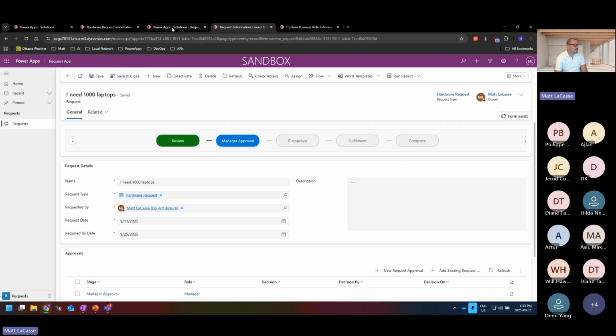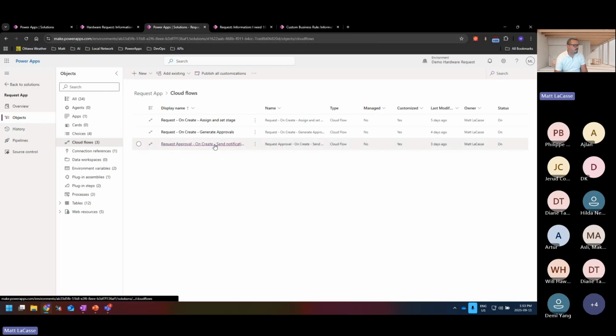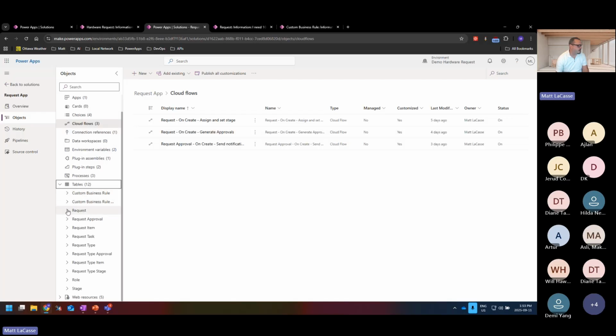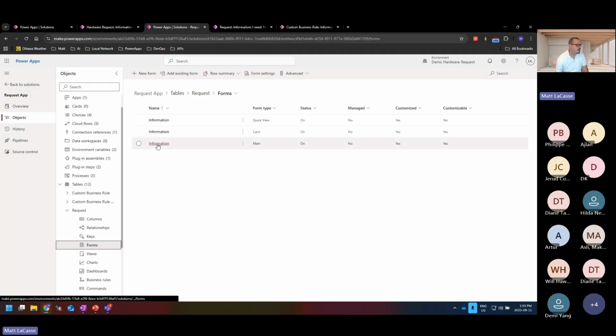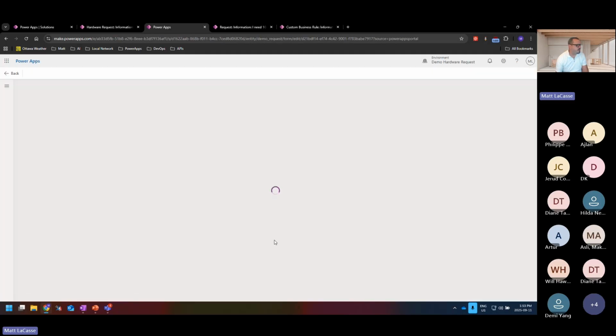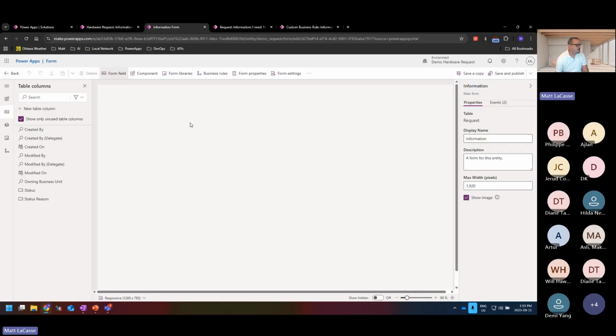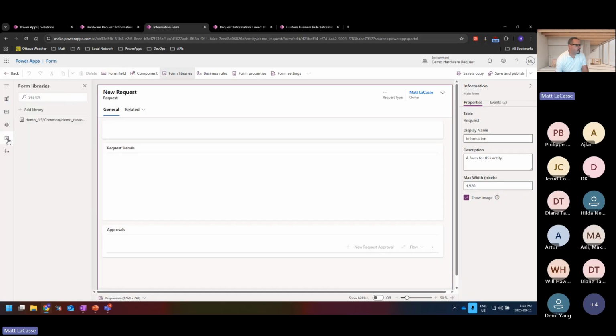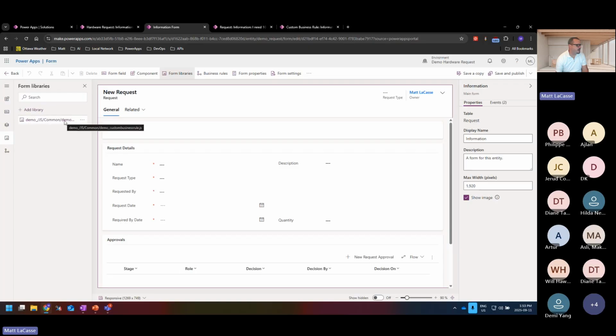Now, as far as the actual application of that, like I said, there is a piece of JavaScript, and I'm happy to share both the code for the PCF control and the JavaScript that we're using for this. I can put it up into GitHub at some point when I have a moment. But for those that are curious, and in case you're just ramping up in your Power Platform career, you can add JavaScript to a form in the form editor by coming to this little JS tab. I just have a library here called custom business rules.